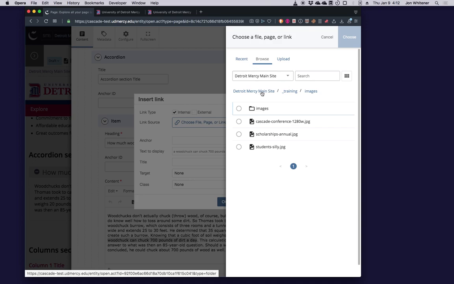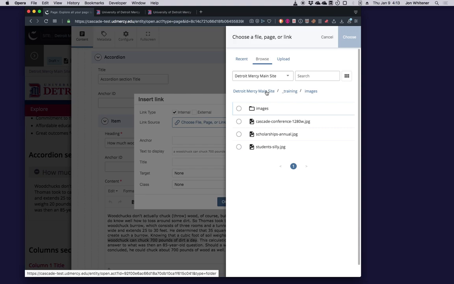But in any event, say we're linking to a page on the same site. The new Cascade does this a lot. It just brings you back to where you were and shows you the last things you were looking at. So if I want to not choose something that's in this image directory, which is where we already are, I can back up using these links here.